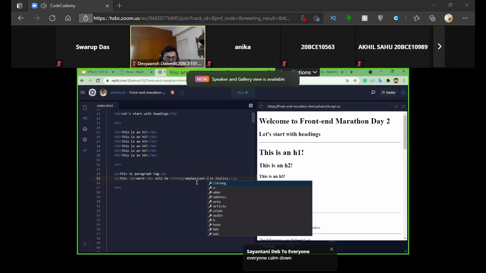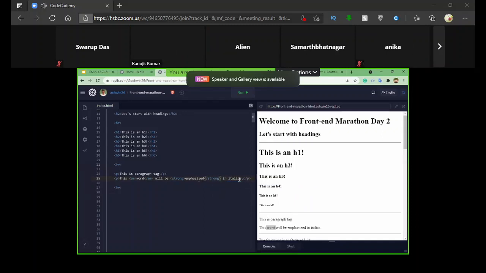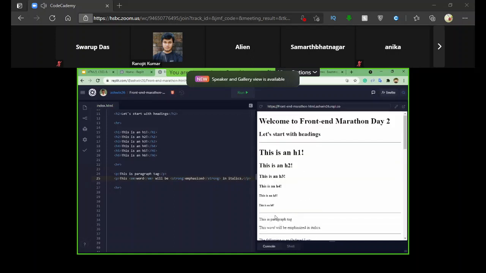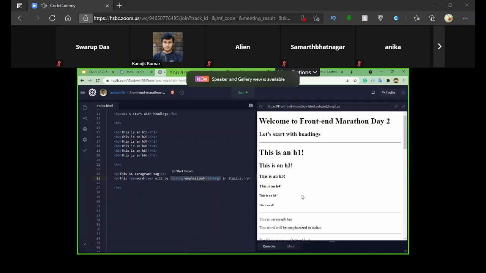So I'll show you guys how we have to give bold to this paragraph. Okay. So I will try to emphasize, I will change this word into a bold word. Okay. So I have provided strong tags to achieve that. Okay. So let me run it. And as you can see, the text is converted into bold text, right? So we can give these types of text decorations using a couple of HTML tags. Okay. So moving on.